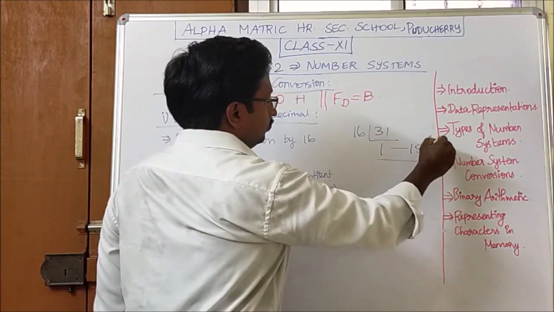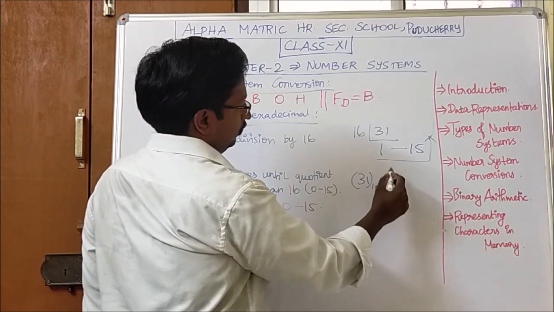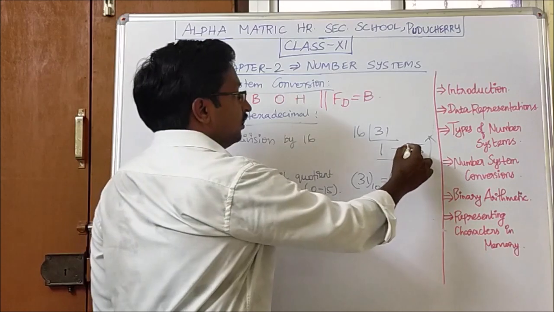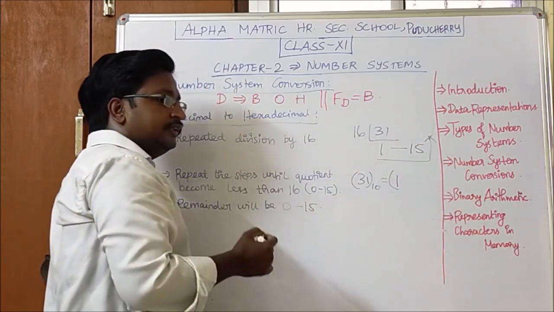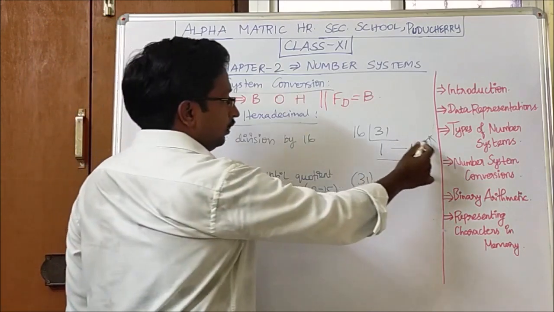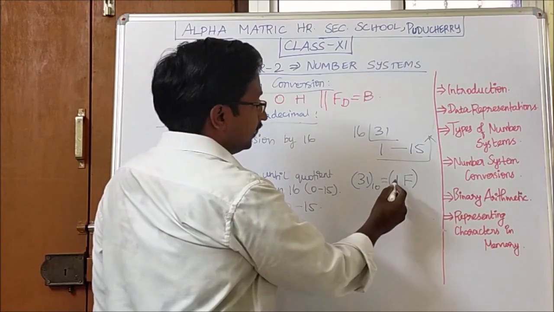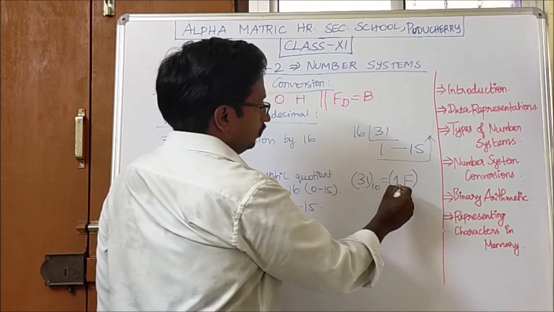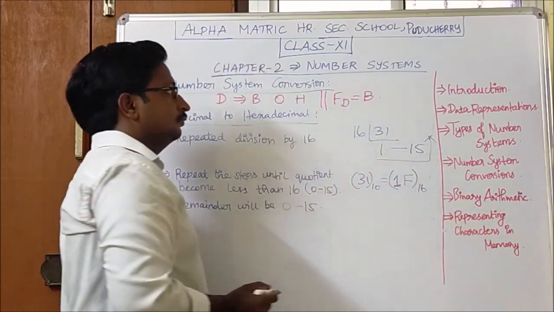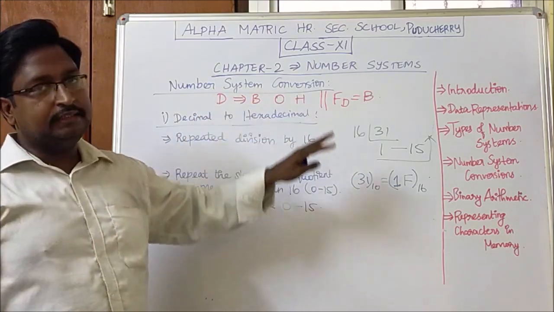So again we have to write from bottom to top. I have written the first one. In hexadecimal, we have told that from 10 to 15, the alphabets are used instead. So A to F. For 15, F represents. So we have to write it as 1F. That is the only thing we have to keep in mind. And the radix is 16. So this is all about the decimal to binary, octal and hexadecimal conversion.